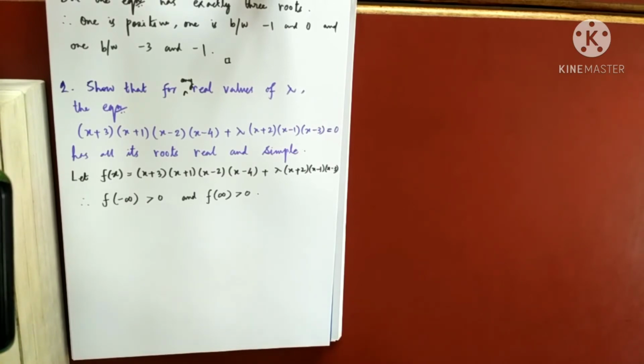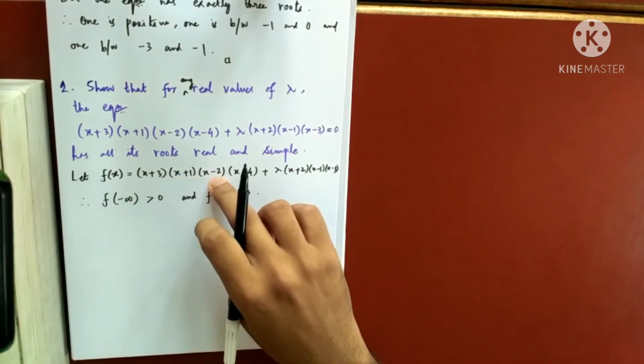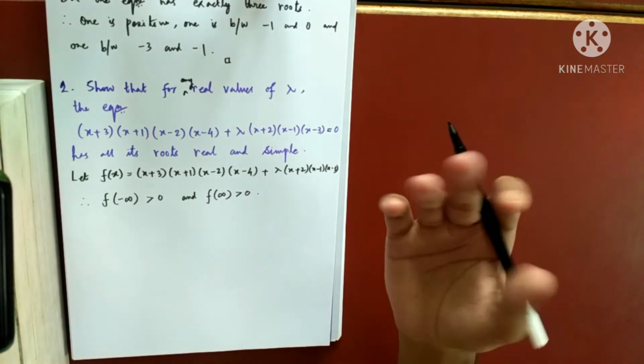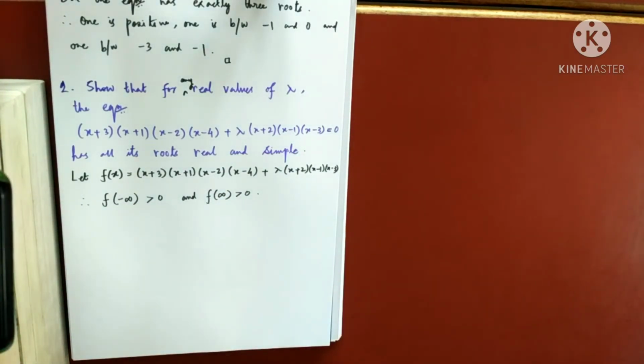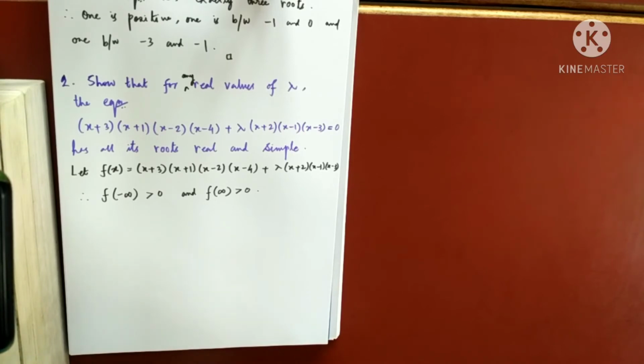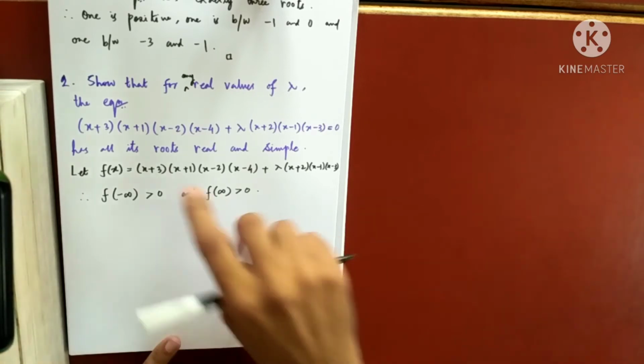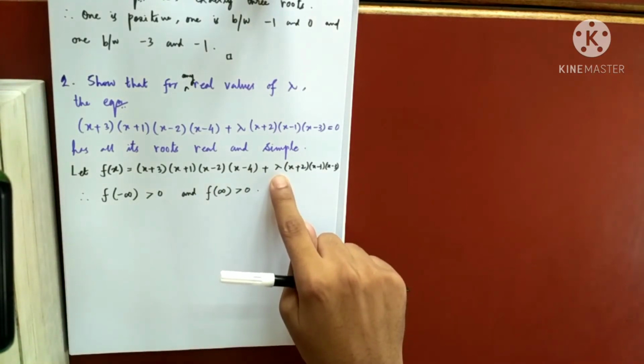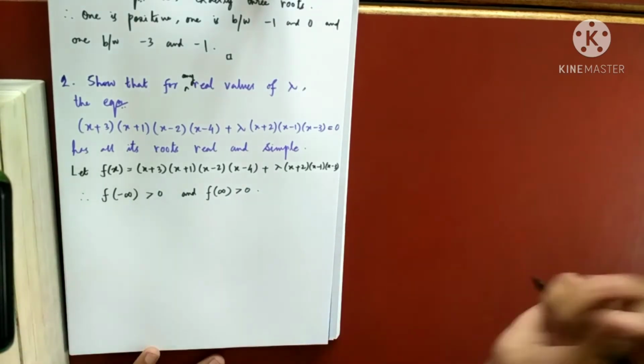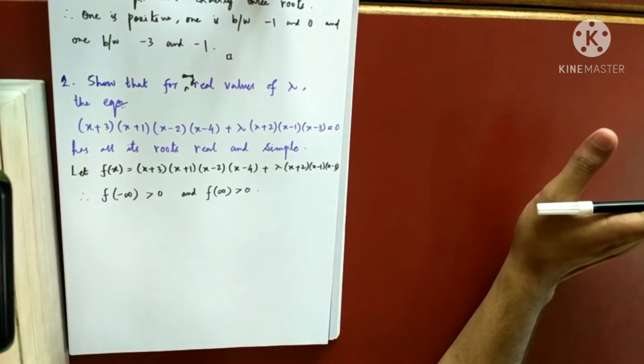Okay. Now suppose the highest power here was x cube, and f of minus infinity will be a negative quantity. Just because if I take the cube of a negative number, then it will be minus of some number. Okay, so just keep that in mind. But it would also depend on the value of lambda if you do that. Yeah, sorry, you are correct. If there would have been x cube, then that will also depend on lambda. What lambda is, that we will do in the next question. Okay. So here f of minus infinity and f of infinity is independent of lambda.